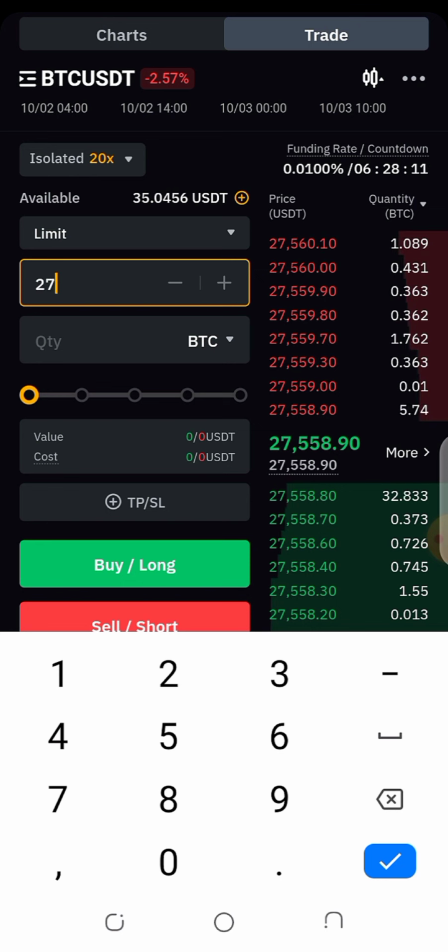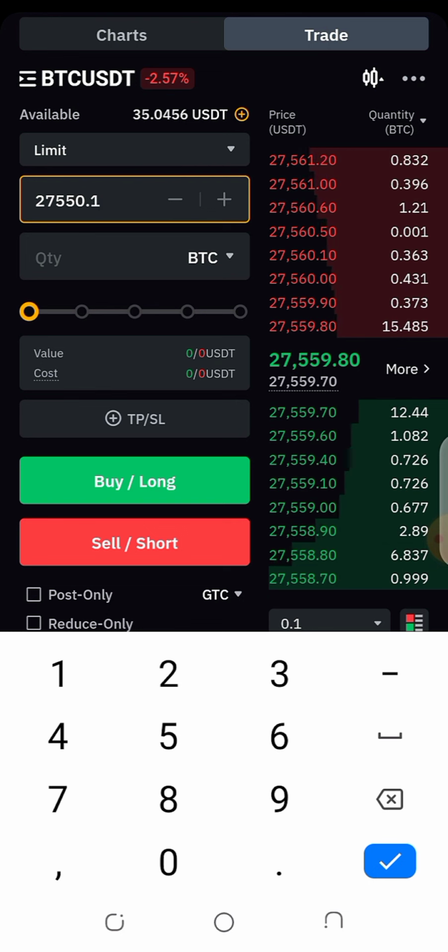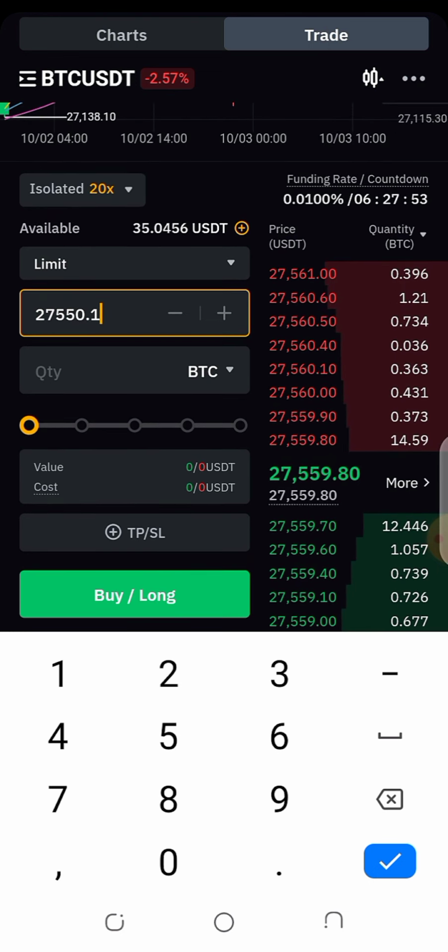So here I will put in 27,550. All right, if I want to put a decimal, I can say 0.10, something like that, or 0.1. All right, so that is it. Immediately Bitcoin gets down to this particular value, my trade will execute depending on what I am trading for, which